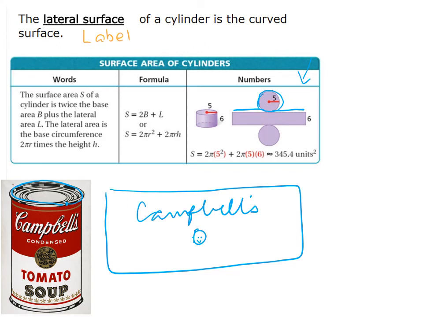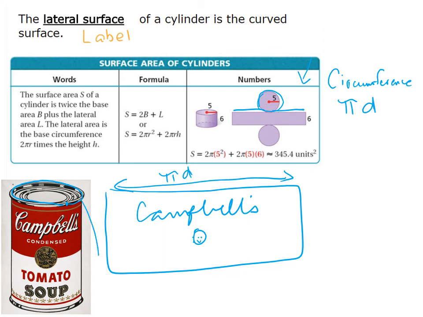There's my label. So the distance around a circle is called the circumference. And the formula for circumference is pi d. So technically this length is pi d. The height of the soup can, they should give you that. So if they're saying that the radius is 5 on the soup label and that the height is 6, so they've given a radius of 5,